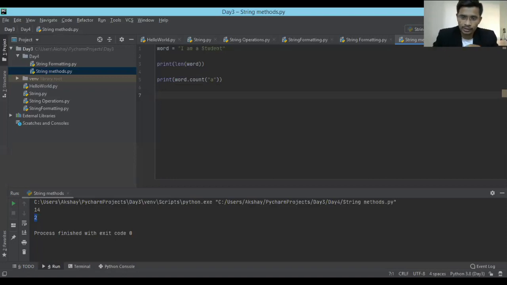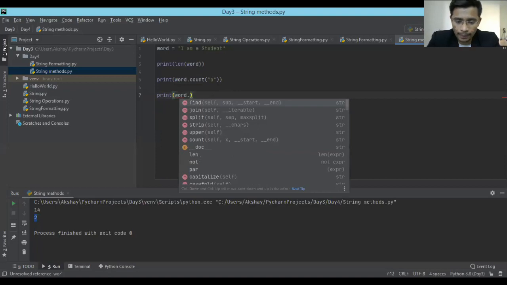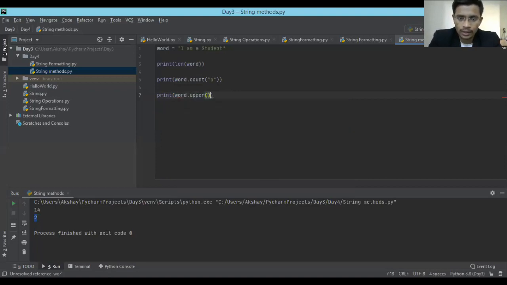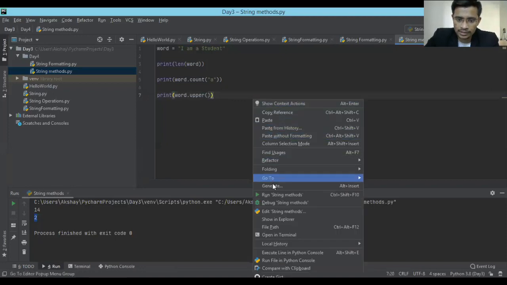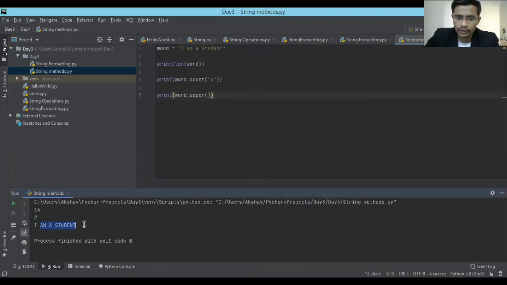Okay, Nandan. So next, these are a few basic things which you have to check. In word, what I wanted to do is make it uppercase. So all of word I wanted to make uppercase. If I print like this, every letter from this string will convert into uppercase. Let's go and see this. See, I'm a student: every letter is converted into uppercase. Right now, if you check, only I and S were capital, but with the dot upper function, everything is converted into uppercase. Same is with lower.